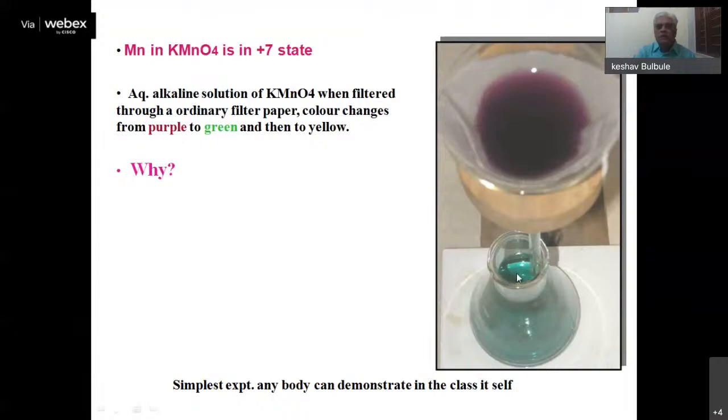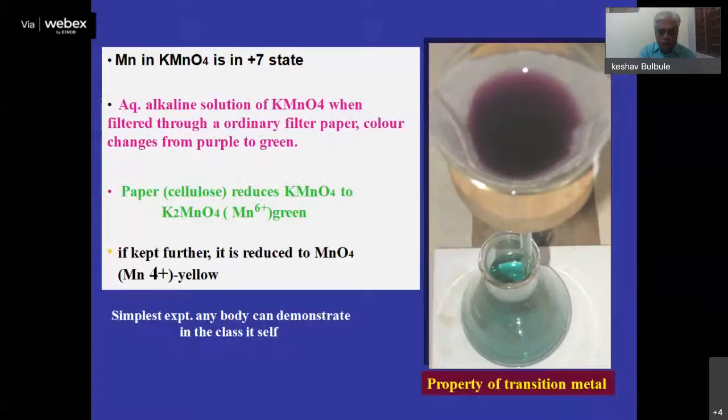Why does such a purple colored, slightly alkaline KMnO4 solution become green as it filters through the filter paper? If somebody can think over and calculate the oxidation number of Mn in KMnO4, Mn in KMnO4 exhibits the +7 oxidation state, and that is purple in color. Yes, all Mn compounds in their +7 state are purple in color. But as it filters through the filter